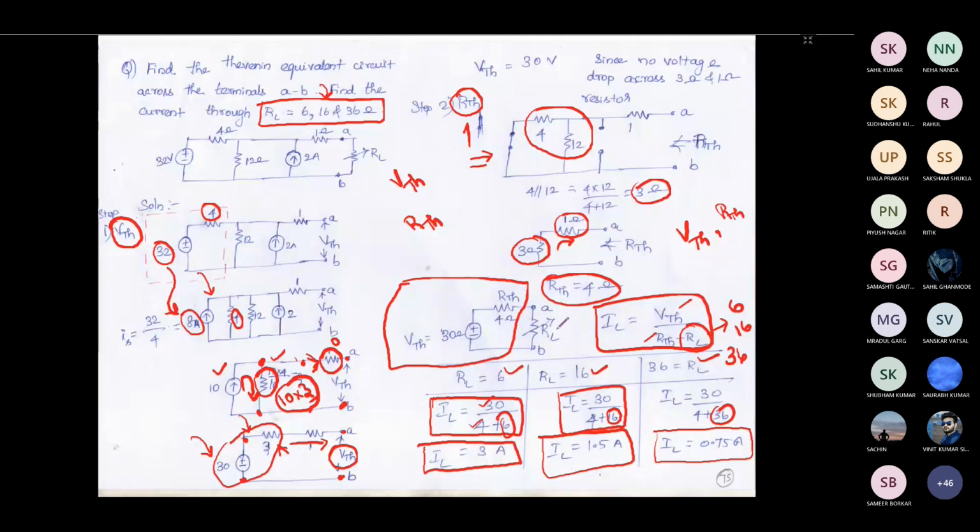Once I found the Thevenin resistance and Thevenin voltage, I can directly find the current using a simple formula. Okay, irrespective of whatever resistor I connect here, I can directly find the value now. So even if it is 1000 ohm, even if it is 20,000 ohm, I can directly find the current flowing through this RL without solving the circuit repeatedly. Okay, this is the major advantage of Thevenin's theorem.